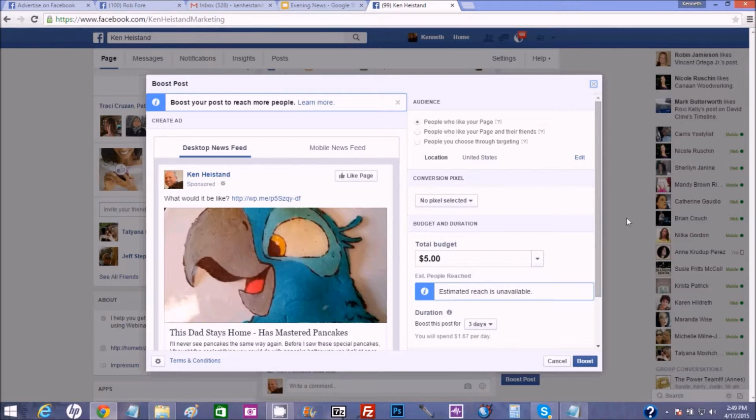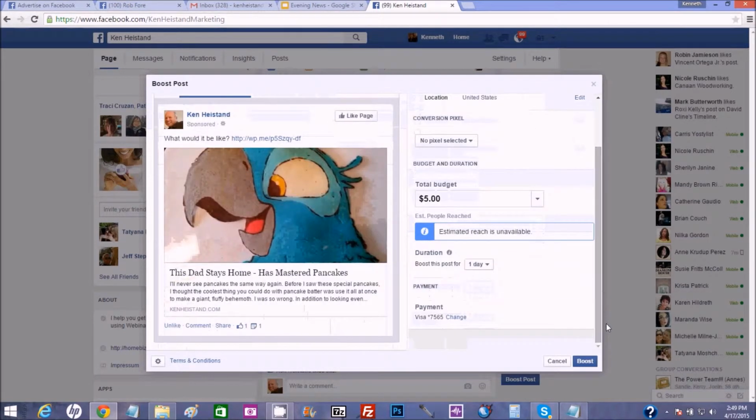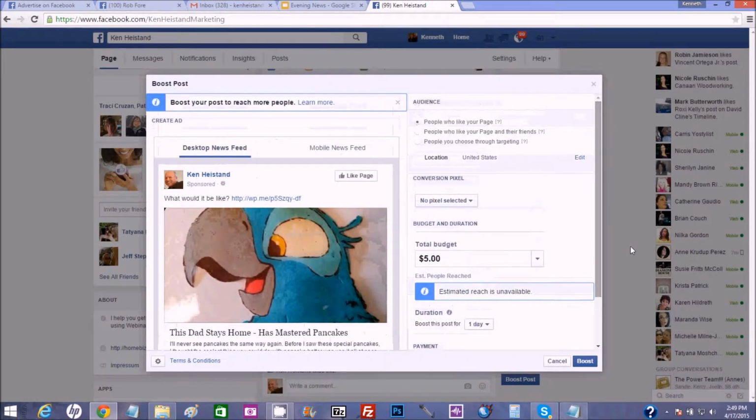If you use this type of a way to boost your post, you can set a budget, but it's automatically just set for one day. Okay, and see, they've got the tab for 3 days there. I can go and boost it just for one day. Now what that's going to do is spend $5 boosting this post to the people who like my page, and it's going to do it automatically. When it hits $5, it's over, or 24 hours, whichever goes first. And they usually spread it out. It's already set up, I've got my payment set up. So all I've got to do if I want to boost this post is hit boost, and